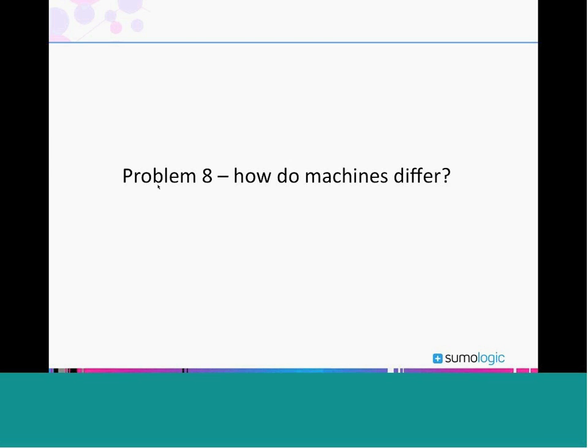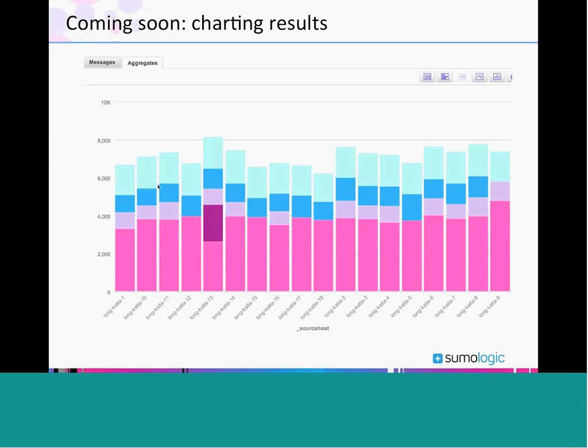So this is kind of a sneak peek, but this is something we've been playing with internally and found quite useful: with just a little tweak, we can get the summarized results into a form suitable for the Sumo language charting and visualization capability. So if you run out and try to do this right now today, you won't be able to, but in a week or two, this should be live for customers.